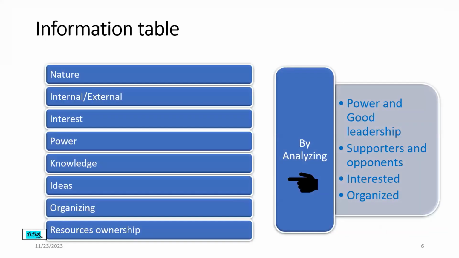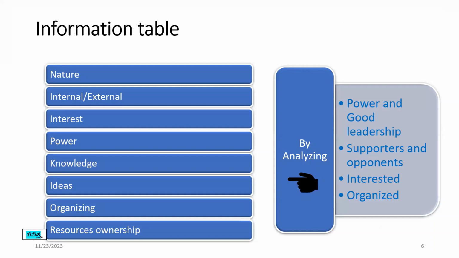In the information table, we can get information about different matters, like nature, whether an individual person or a group of people, and whether they are internal or external